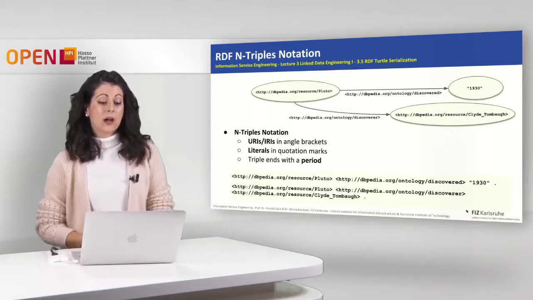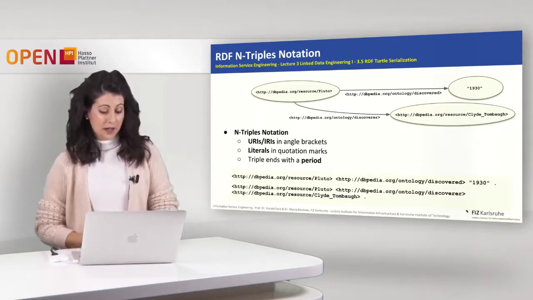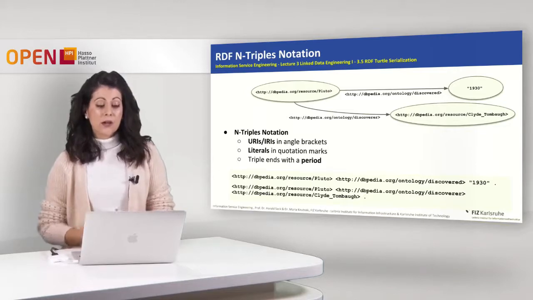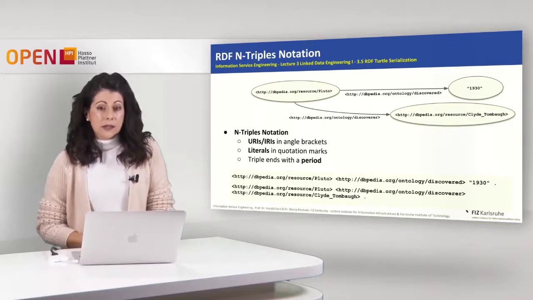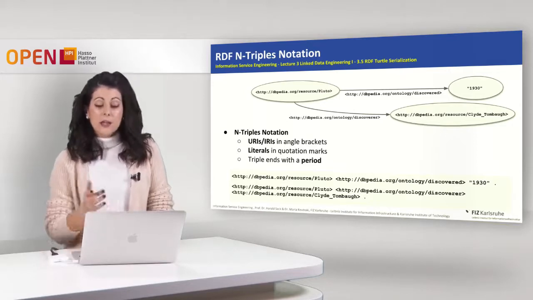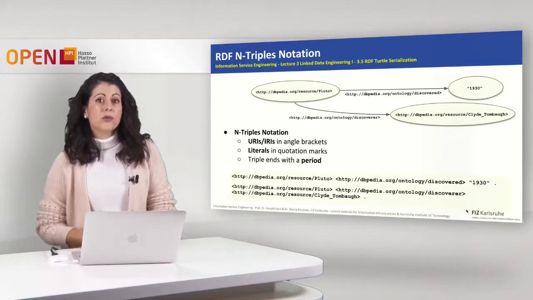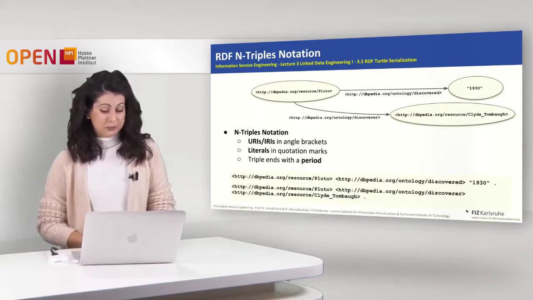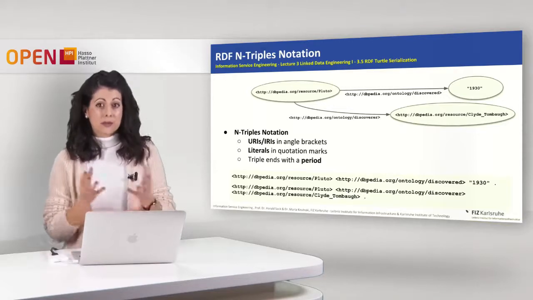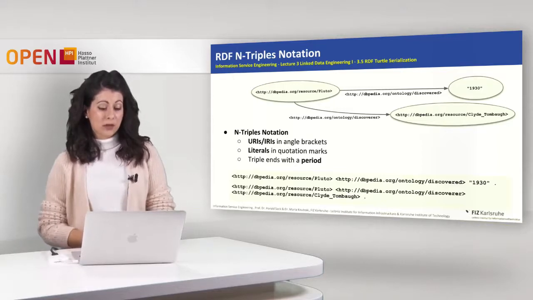Here you see at the top of our slide two triples in a graph representation about Pluto. It's our running example. What we see here is that we have our subject, which is Pluto, linked to a date through the property discovered, and also linked to another entity through the property discoverer. This entity is Clyde Tombaugh, the discoverer of Pluto. And let us now see how these two triples will be formatted according to